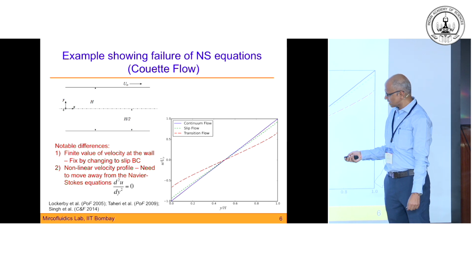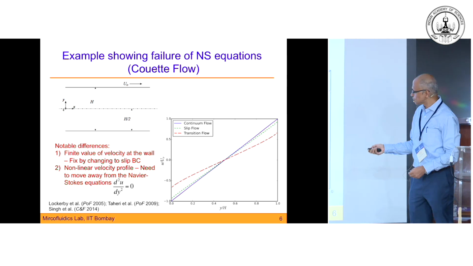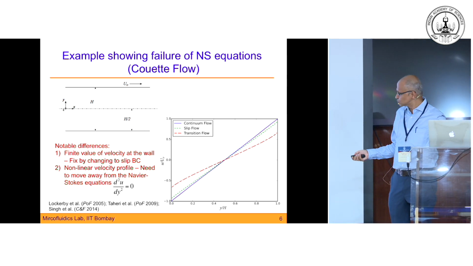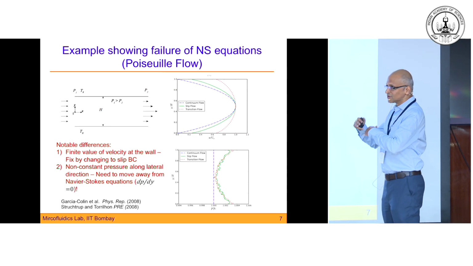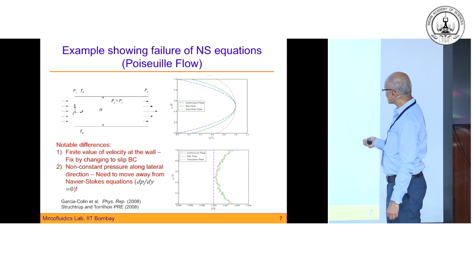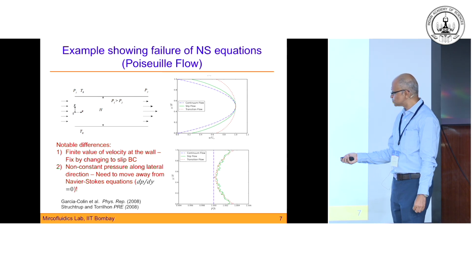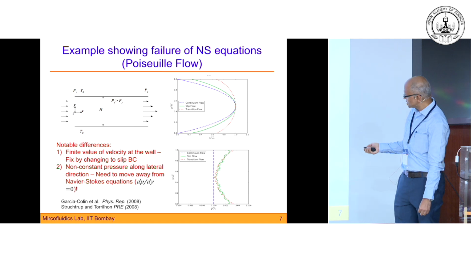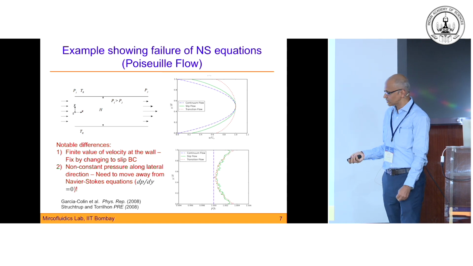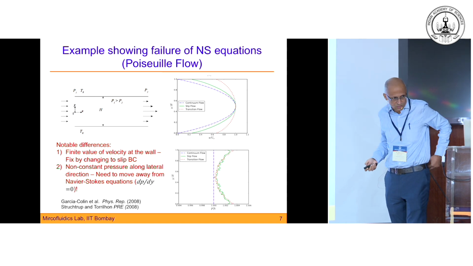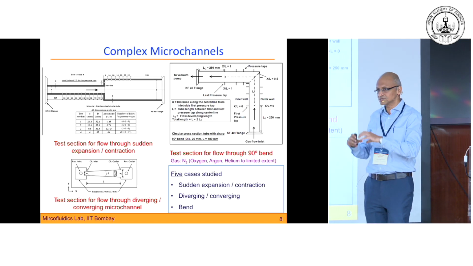It always continues to say that the second derivative of velocity with respect to y is 0, which gives you a linear solution for velocity, because of which you will not be able to model something like this. Similarly, you can look at the Poiseuille flow, again flow between two parallel plates driven by pressure, and you expect to get a parabolic velocity profile, and a pressure distribution along the y direction which is not changing. Whereas a lot of data suggests that there is a variation in the y direction, which means dp/dy cannot be said to be equal to 0, which is again something that comes from Navier-Stokes.